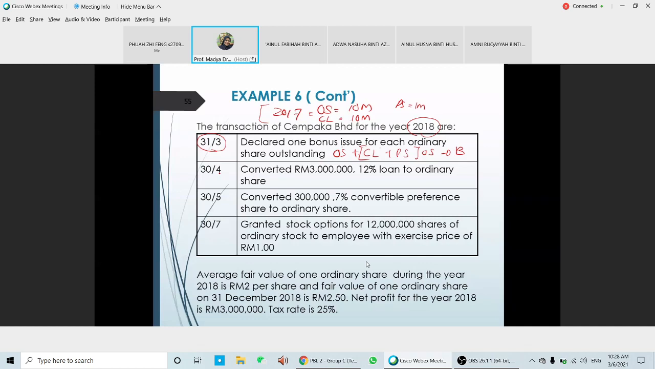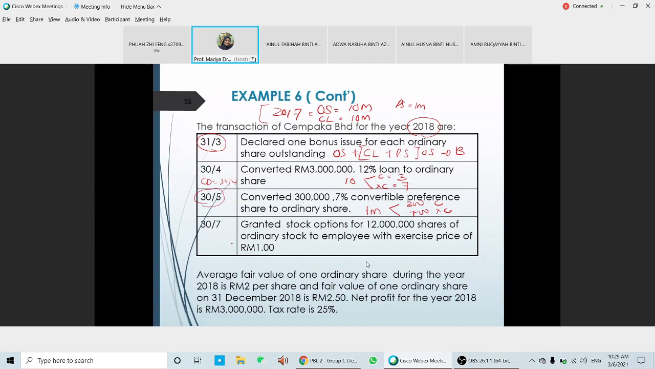Okay. On 30th of April, convert 3 million of loan. Your total loan here is 10 million. From that 10 million, you convert only 3. So the one that is not converted here is 7. The conversion date is on 30th of April. And then for the preference shares, you have a total of 1 million. From that 1 million, 300 convert. The other 700 is not converted. The conversion date was on 30th of